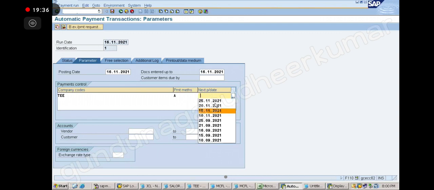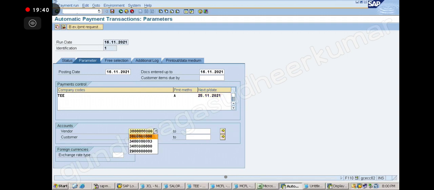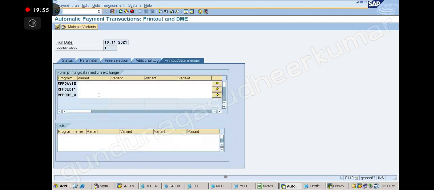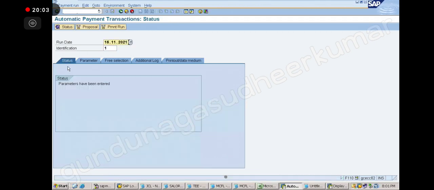Next, vendor number is this. Pre-selection I am not doing. Additional log: due date check, payment method, line item. Then you go to print out data medium, I will give my own variant and click on the save option. If I click on the status here, my parameters have been entered.